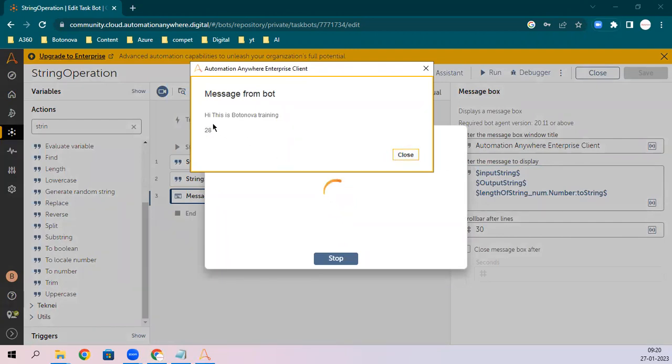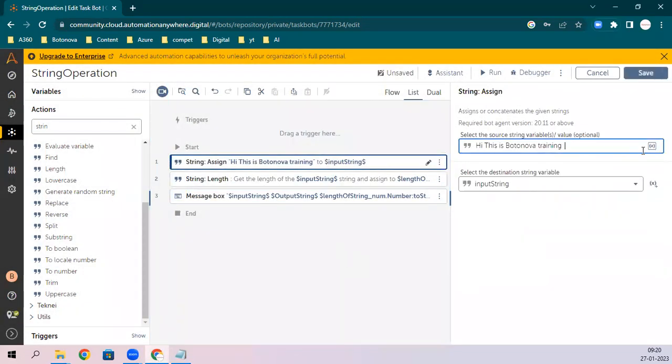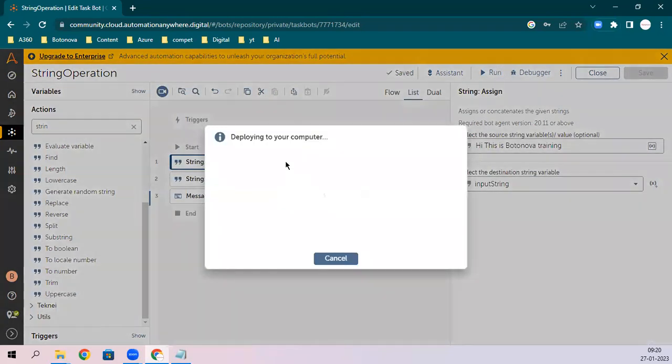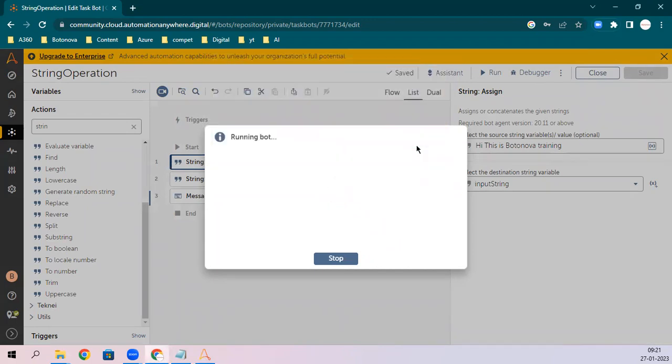Once you count it, 1, 2, 3, the space is also calculated, this space between hi and this. So space will also be counted. Here also, if you have a white space, that will also be counted. If I added some white space, you will not be able to see it, but it will count in the length. So make sure there is no white space. If you are using the string length command, just trim it before using. See, now it got 34 from 28. I just added some white space. You can see there is some white space. So that is the main thing.